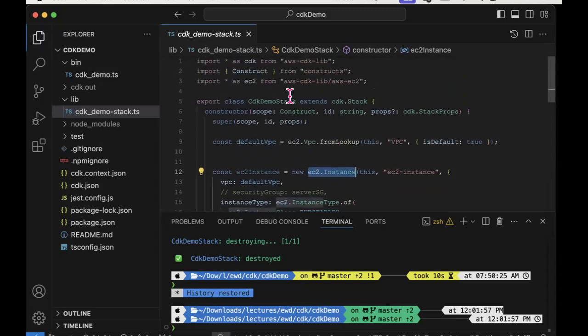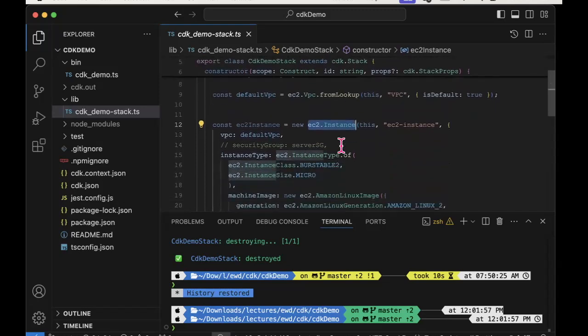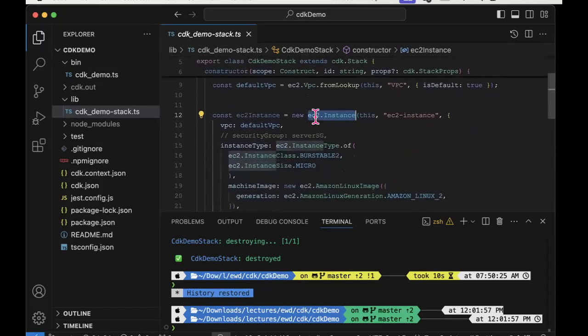EC2 is what I imported up here. So one particular part of the infrastructure that I want to have created is an EC2 instance. And if I look at the arguments that I'm passing to this class constructor, I'm passing this.